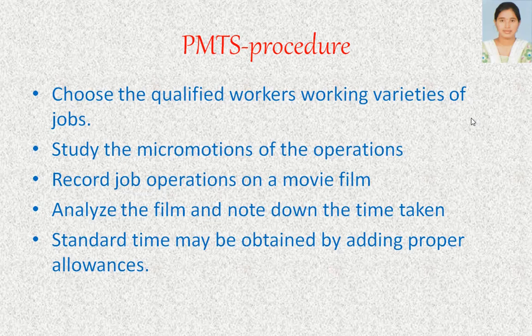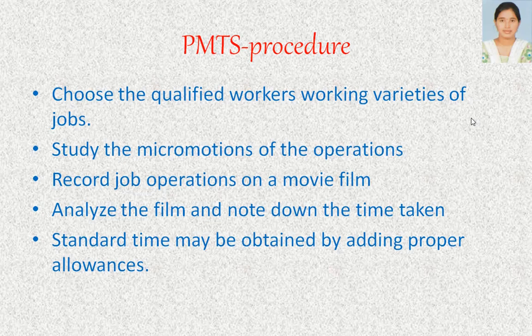If the tables for various basic motions are ready, the normal time required to perform any new job can be determined by breaking the job into basic movements and noting the time for each motion from the tables. Add the time values for all the basic motions involved in the job to determine the normal time. So, after analyzing the film, we calculate the time for each basic motion with the help of these PMTS tables and evaluate the normal time.